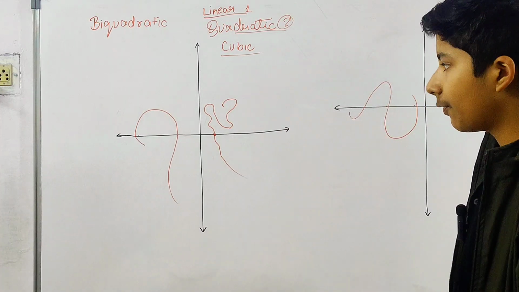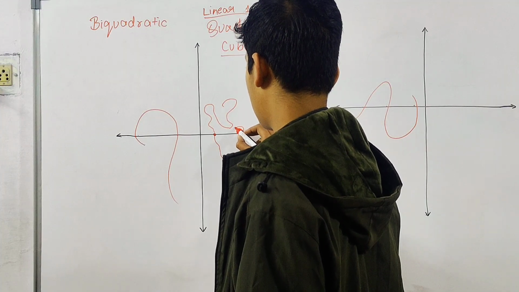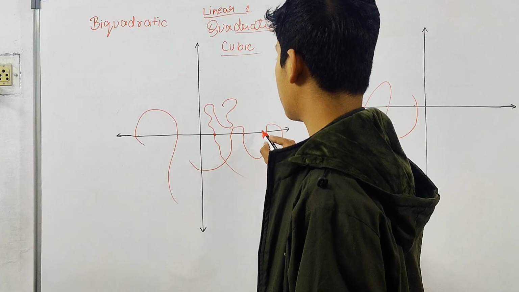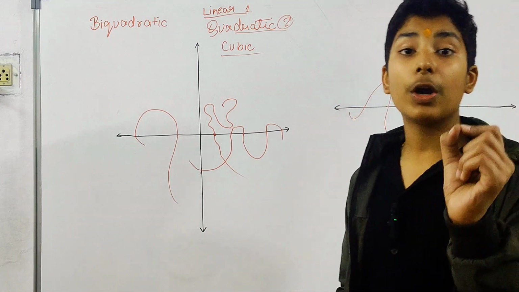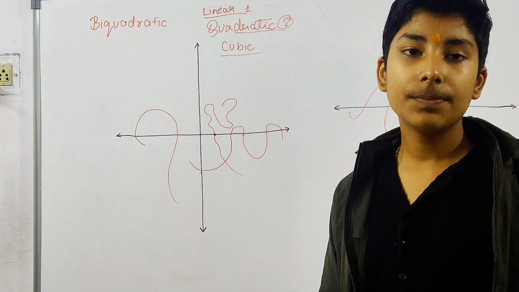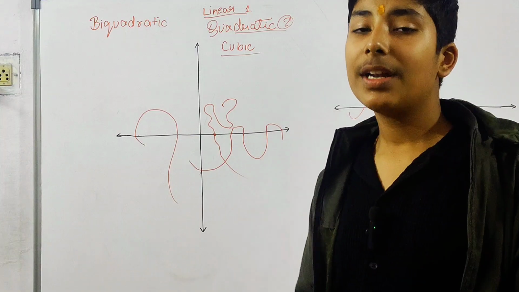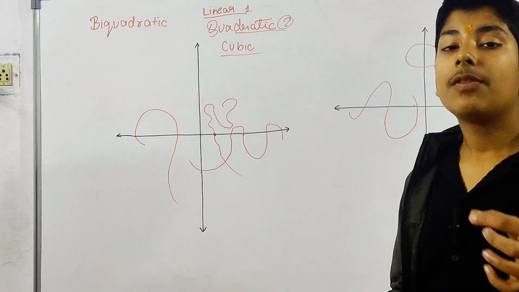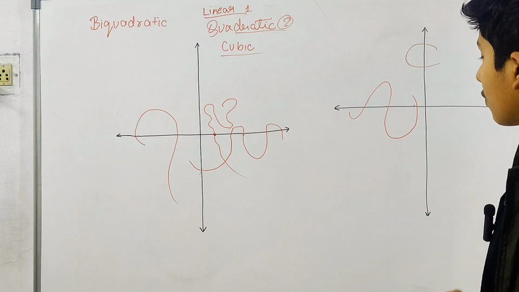And now for biquadratic, for example, if there is 1, 2, 3 and 4 and this. What is this? This is 1, 2, 3, 4 and 5. But still it is biquadratic. Why? Because the points will be counted on one axis only. For example, there is this going on, and it has been said to you that p of x, polynomial in x, equals to this, and we have to find out the value of p of x. So we have to find out it on the x axis only.